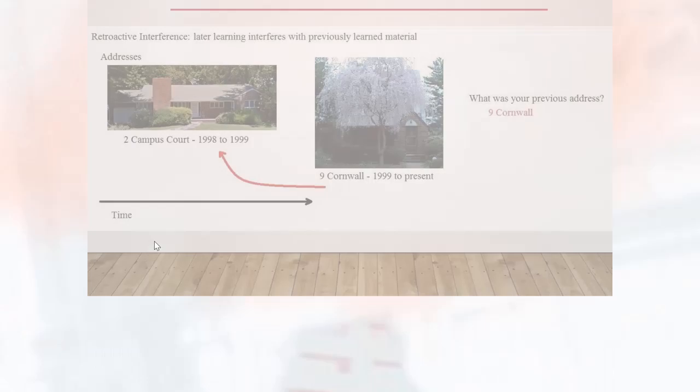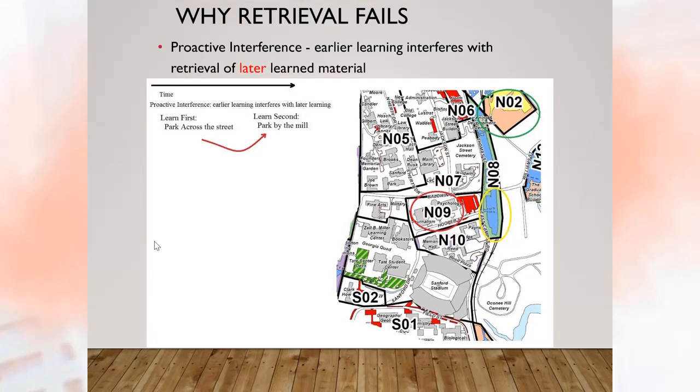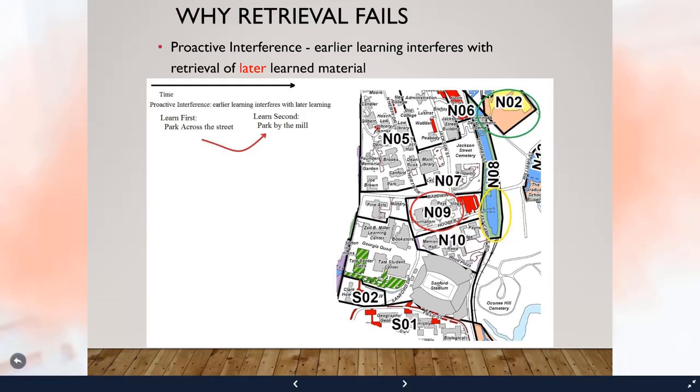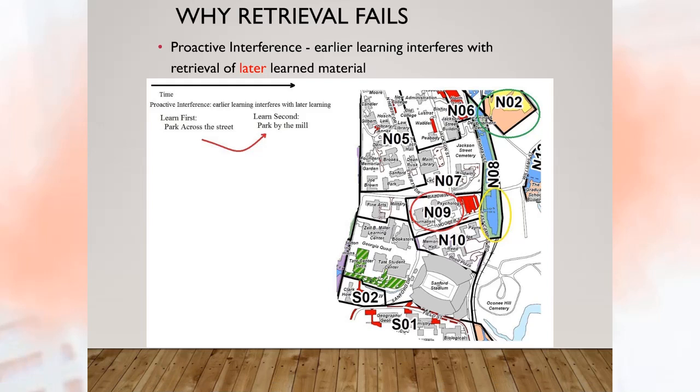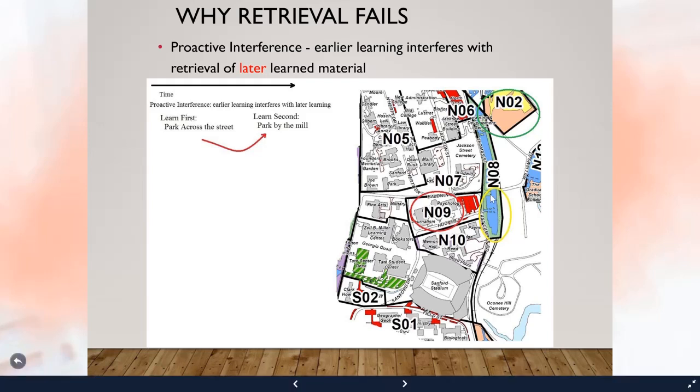Retroactive interference. Now, an example of proactive interference, again, is when earlier learning interferes with later learned material. I have another example for you. I told you it's easy to come up with examples of proactive. So this is a campus map of the University of Georgia, and you can see right over here, N09 is the psychology building. That's the psychology building, University of Georgia campus. And when I first started graduate school, for many, many years, graduate students could park right across the street in this nice lot that I have circled over here in yellow. And it was great. You could just walk right across the street to the psychology building. This red parking lot is for faculty, right? But we could park right over here.